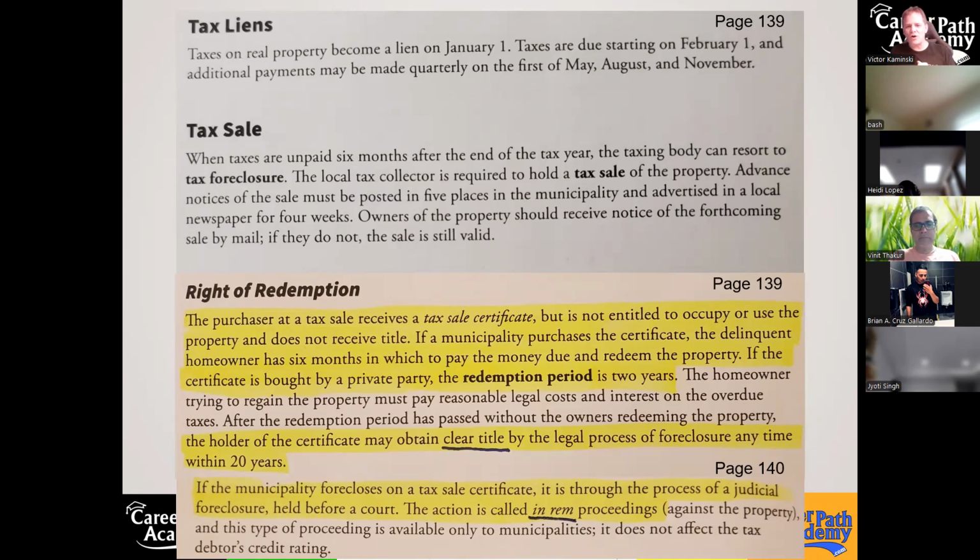So at the tax auction, you're bidding on how much you're going to charge the homeowner to pay you back all the money that you paid for their outstanding taxes that they have not paid. So you have to have that money. So you win the auction. If nobody else bids, you get it at 18%. That homeowner has 2 years to pay you back all the tax money plus 18% interest, and reasonable filing fees and legal costs, if you have any. And you pass that on to that homeowner.